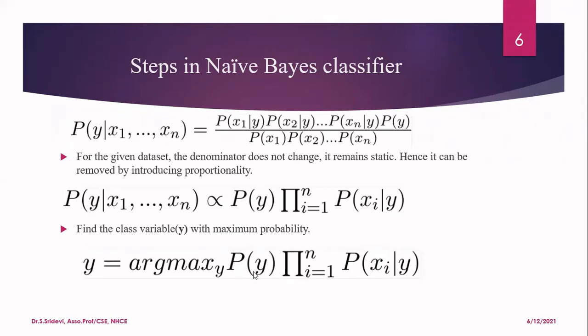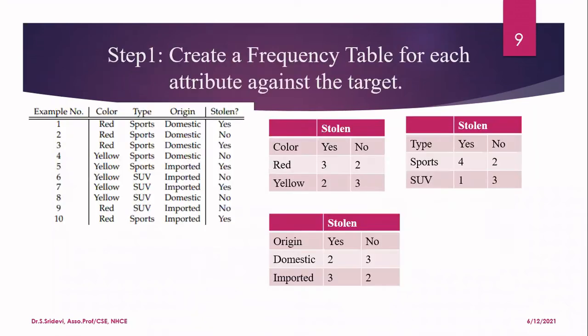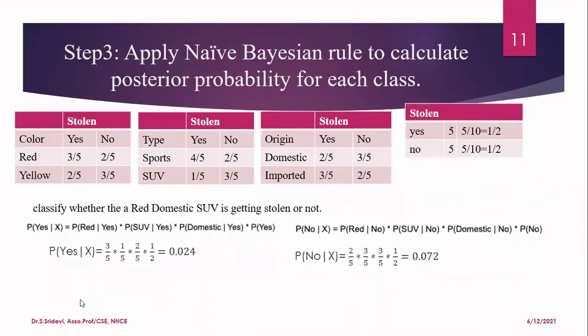I have to take P of Y, that is nothing but the probability of that particular class you are predicting, that is Y, which can be either yes or no, and then multiply with the probability for every attribute, P of Xi given Y. This only we are going to do now. So now I want to predict whether the outcome is S for the given instance X. So now find how many attributes you have. You have 3 attributes now, red, domestic, and then SUV.